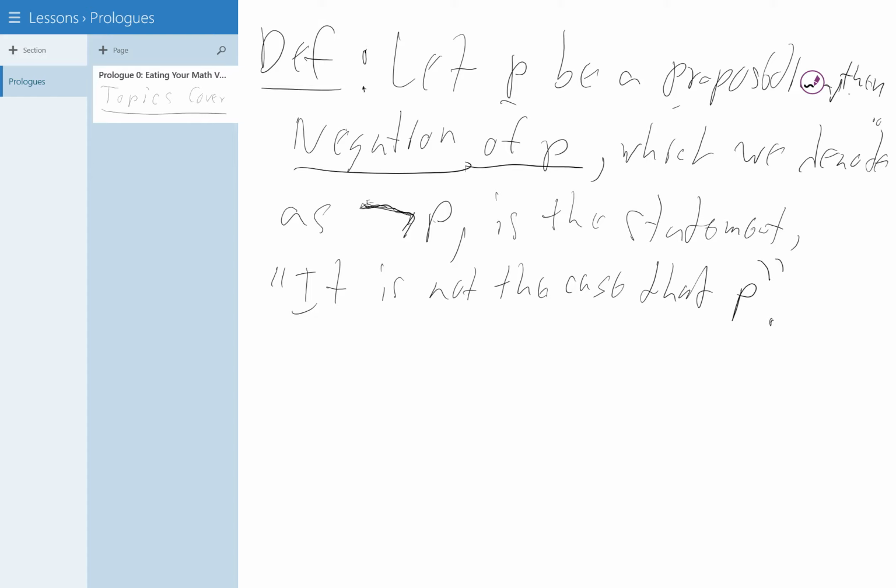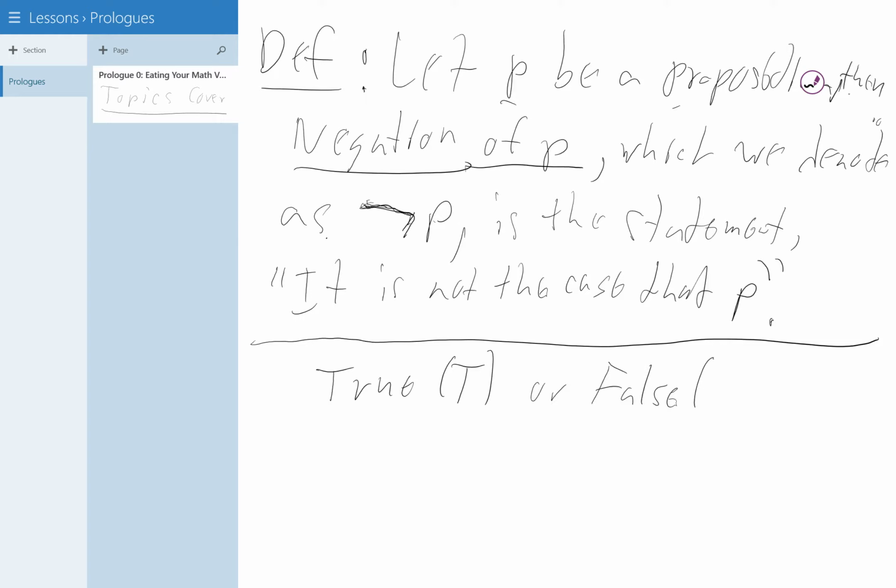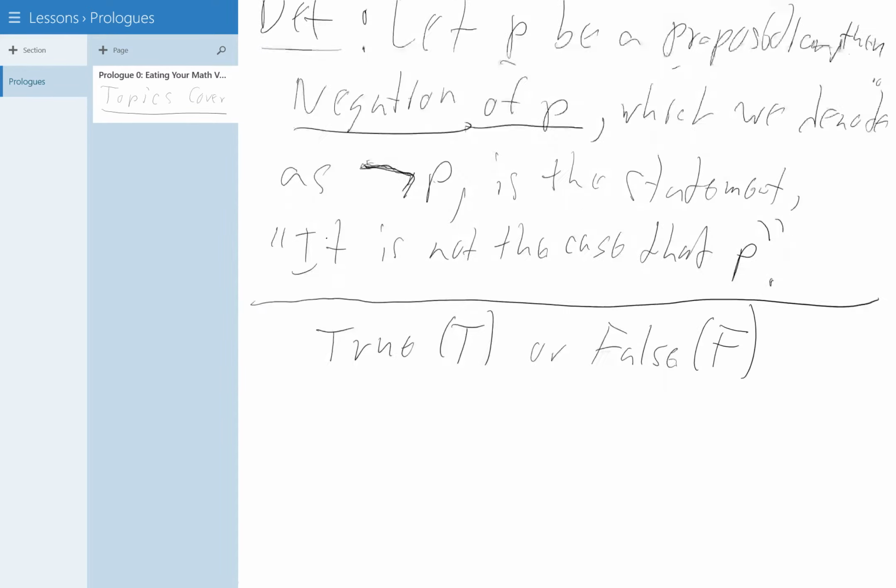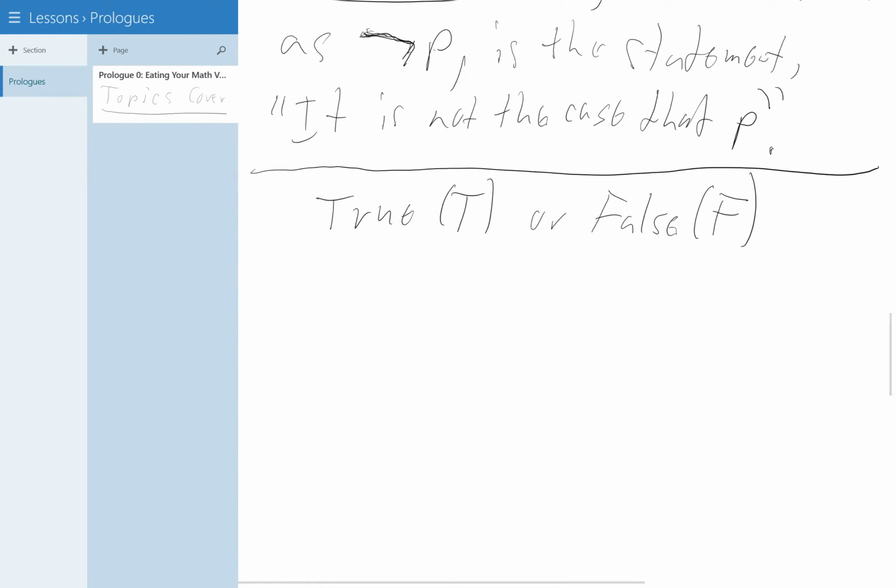Alright. So what's cool about this is that now we can do something. So now we have these variables that can either take on the value true, which we'll sometimes say as T for brevity, or false, right? We have these values that can either be true or false. So what this means is that when we have operators, we can actually define them very, very simply by saying that